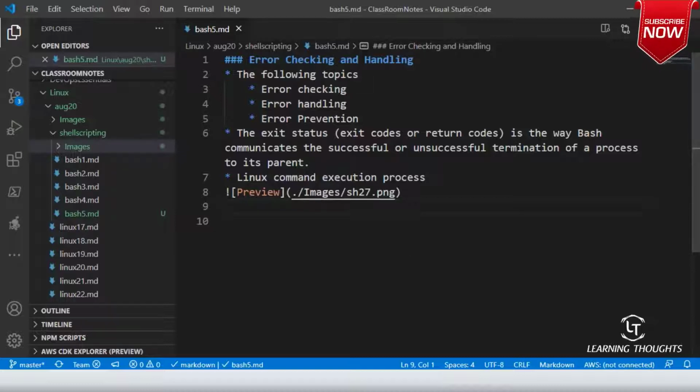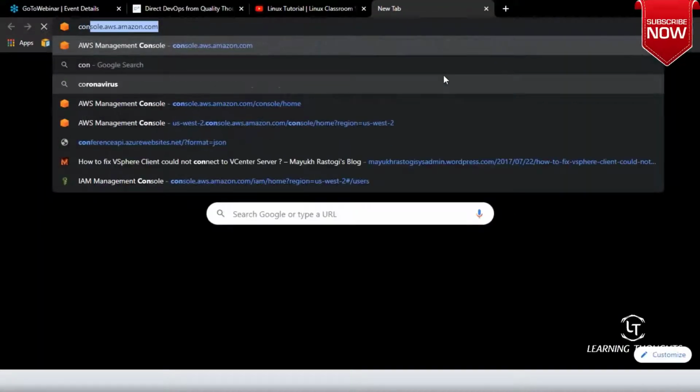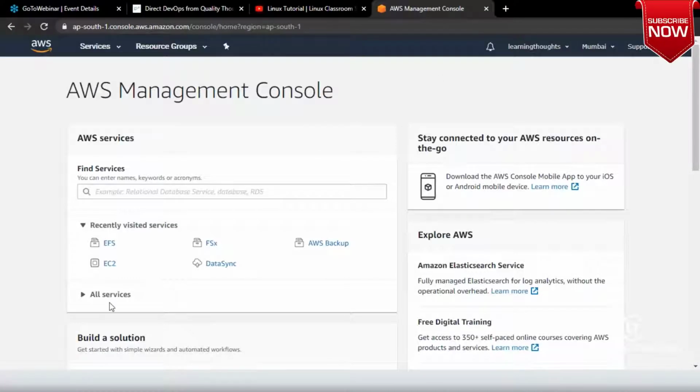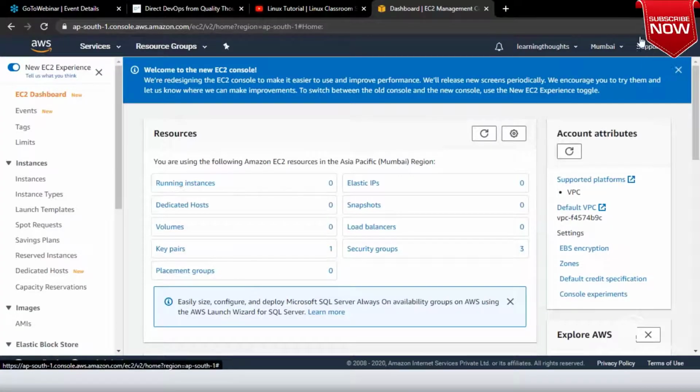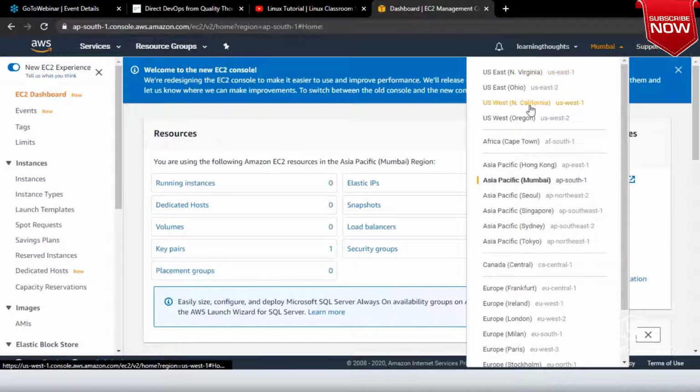Let us get started. For checking this, let me create an Ubuntu instance quickly. Let me log in to my AWS instance. I'll get into EC2. I think I should have one Ubuntu instance already running. Not in Mumbai, but in Oregon. I'll use the same thing.